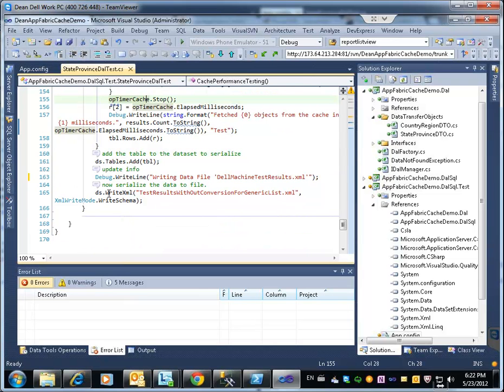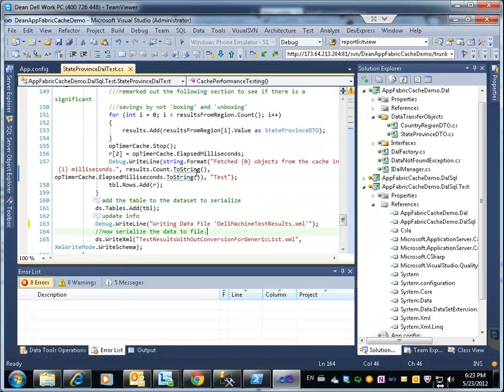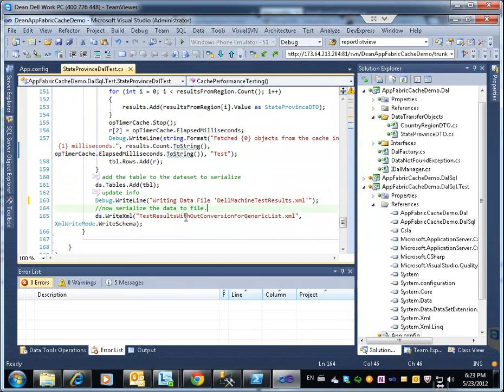More housekeeping. And then we're going to write the XML file with the schema to, and in this case it'll go to bin debug, and it'll be in the debug folder, or production, depending on what you've got this set to. With this one, you can see I called it test results without conversion for generic list. Well, that's not right, is it? We are doing the conversion. So we'll go test results with conversion